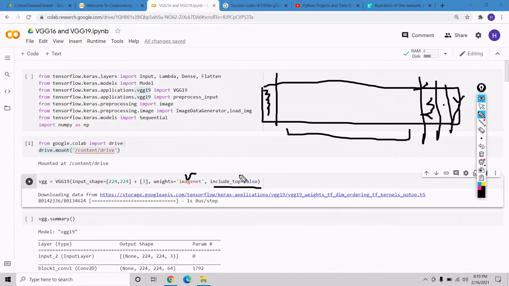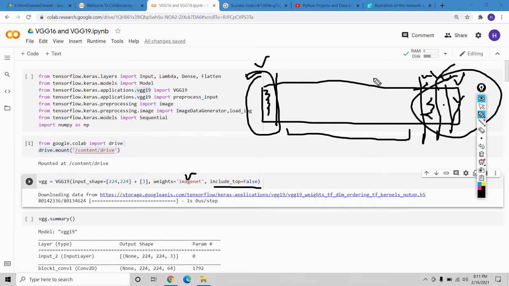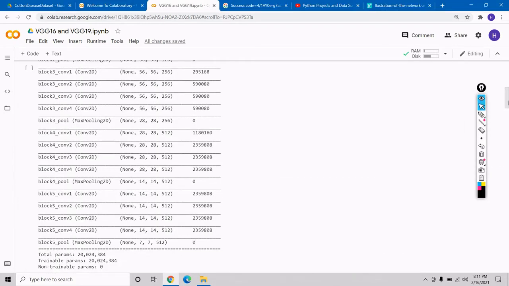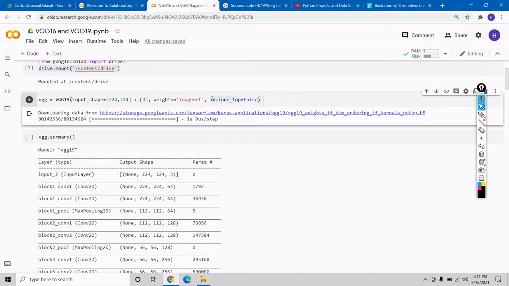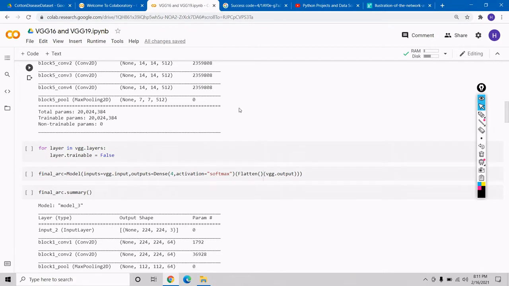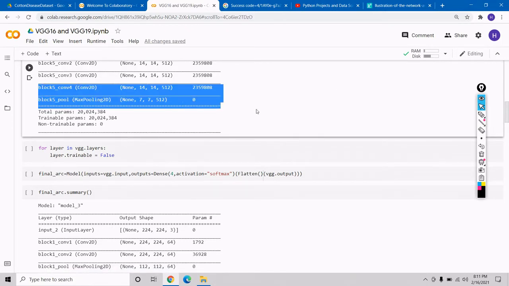With the help of these parameters we are deleting our input layer, our flattening layer, our dense layer and our output layer, because we have to provide our own image and our own input. We have to delete our first layer and the last 3 layers from our pre-trained model. It is a similar summary after providing include_top equal to false. We have deleted our last 3 layers. Now we have to add our new 3 layers for our own output according to our images.